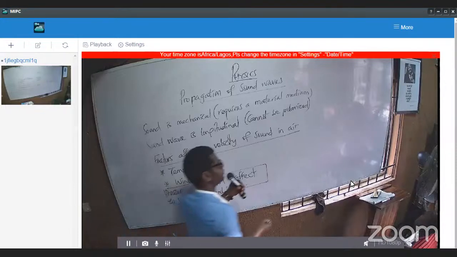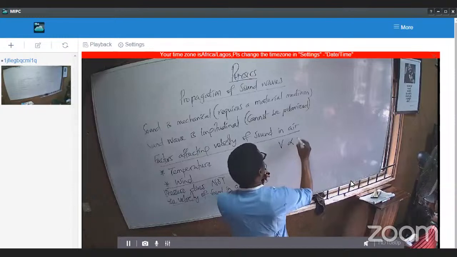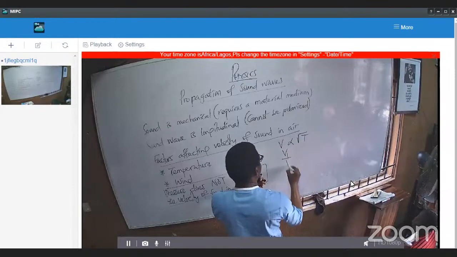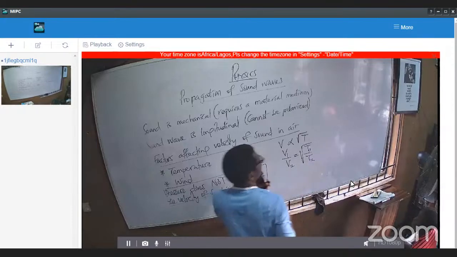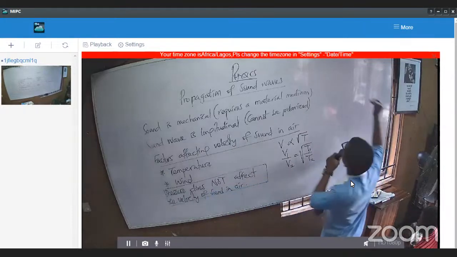So temperature and wind are the major factors. Velocity is proportional to the square root of temperature. So you have V1 over V2 equals the square root of T1 over T2. That's it. And then we know that velocity of sound